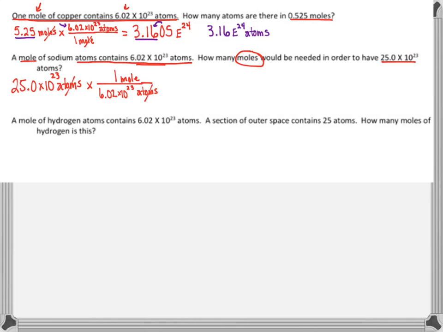My atoms cancel out. If you feel more comfortable multiplying the whole thing first, all the numerators, because remember, this number is always over 1,